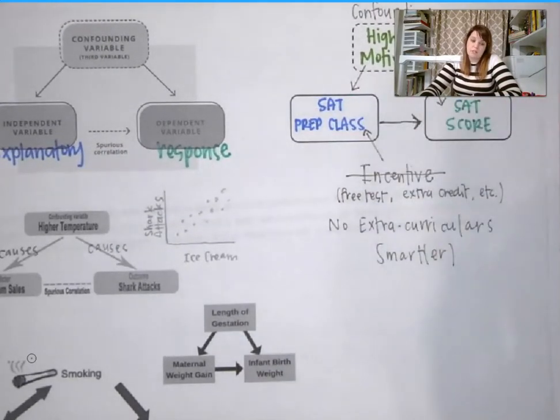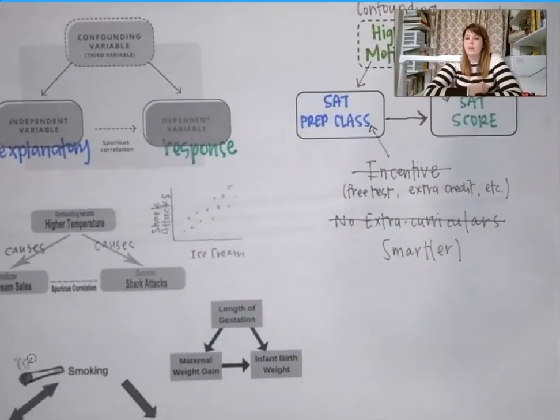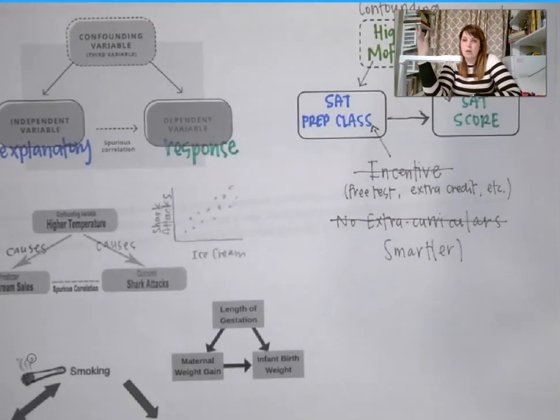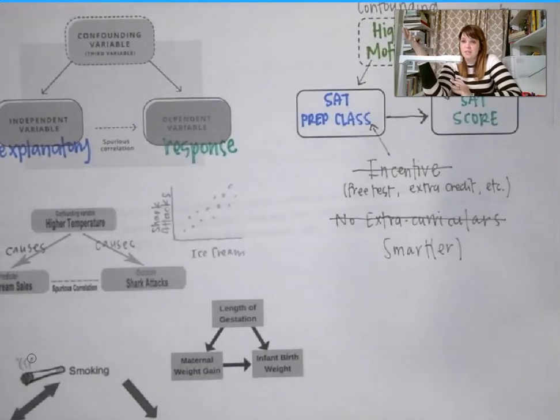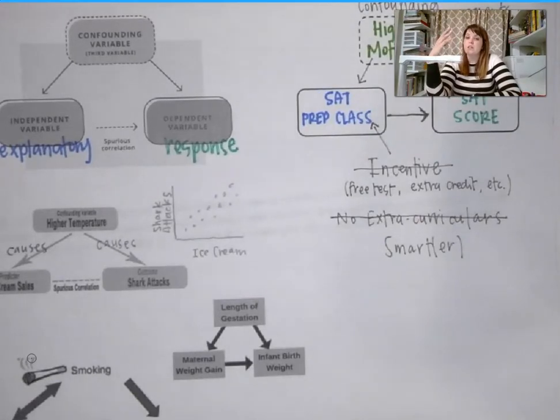No extracurricular activities. This would not cause either. Having no extracurricular activities would make you able to attend the SAT prep class, but it wouldn't cause you to go to the class. It wouldn't be the reason that you went. It also would not be any reason to get a higher SAT score. I mean, it may allow you to have more time to study, but